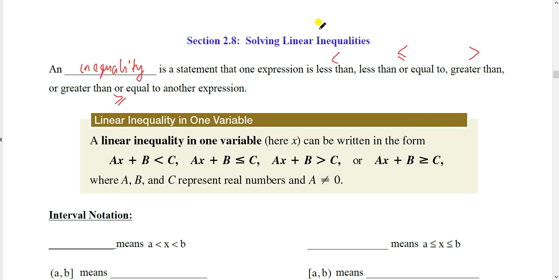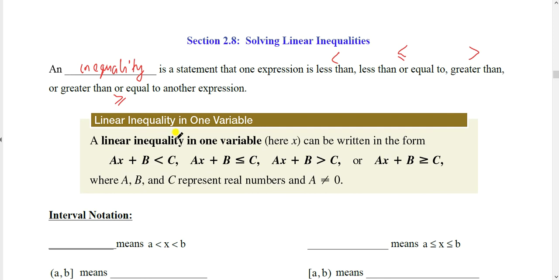Hi, in this video, we are learning how to solve linear inequalities. In the last two chapters, we only learned how to solve linear equations, which involves the equality between two expressions. Now, an inequality is a statement that one expression is less than or equal to, or greater than or equal to, another